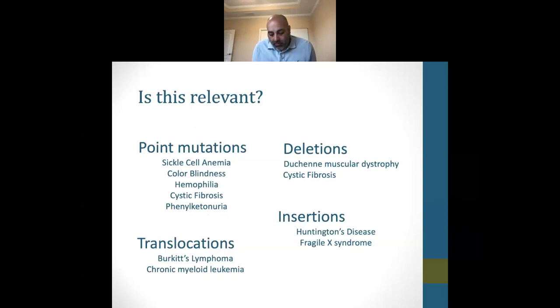Deletions. Duchenne's is a muscular dystrophy, where the muscle protein is defective. The child is normal initially, and then after a while, when they go to get up off the floor, they'll lock their legs straight and push themselves up, and that's a sign of Duchenne's. The muscles deteriorate ascending, so it starts in the legs and climbs, and eventually they're wheelchair bound, and then they have to be on a vent to survive. Okay, Huntington's. Fragile X we talked about.